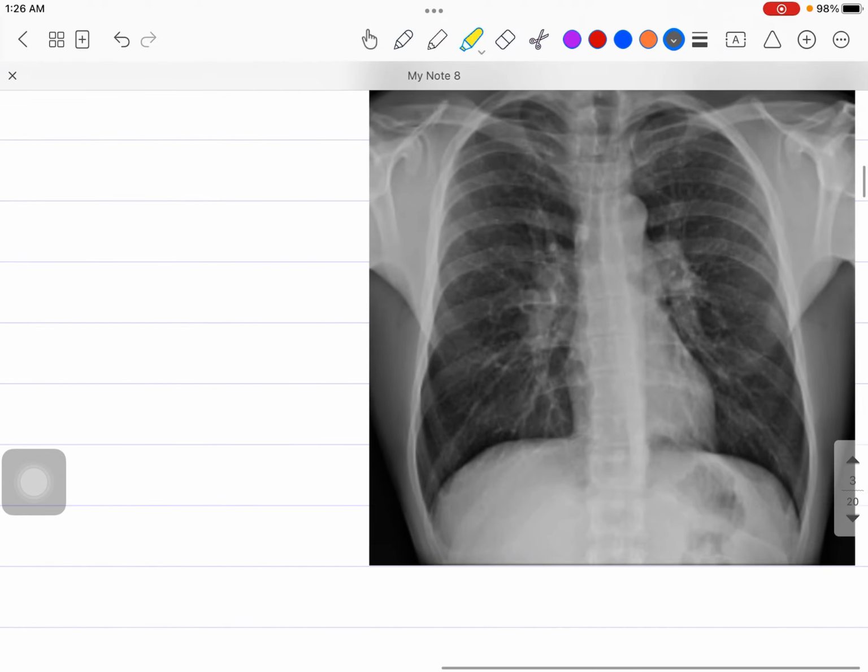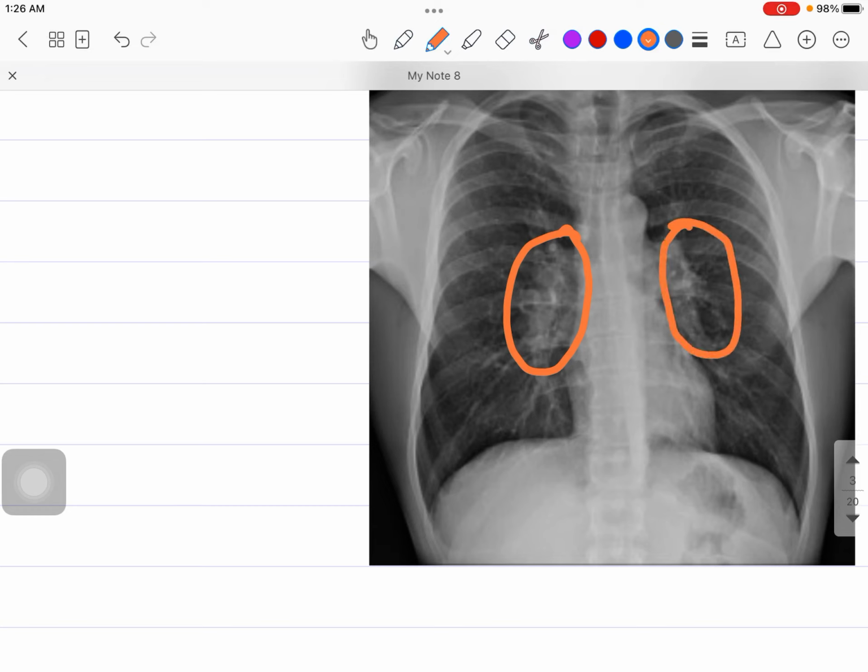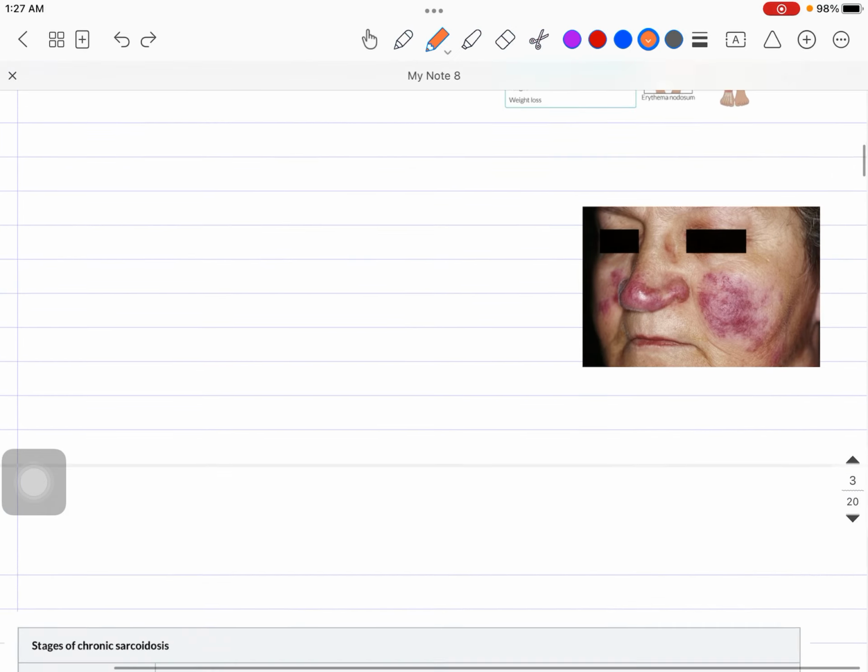So look at this X-ray. In this particular portion, look at this hilar region. Both sides in the hilum, you can see the inflammatory part. Lymph nodes are actually involved. Lymph nodes are edematous. So that's why we are talking about hilar lymphadenopathy. I hope you understood this. Remember this X-ray, very important. Sometimes they ask you with the help of this X-ray only what this X-ray is denoting. So this is the typical sarcoidosis X-ray, where you can see the bilateral hilar involvement, bilateral hilar lymphadenopathy.